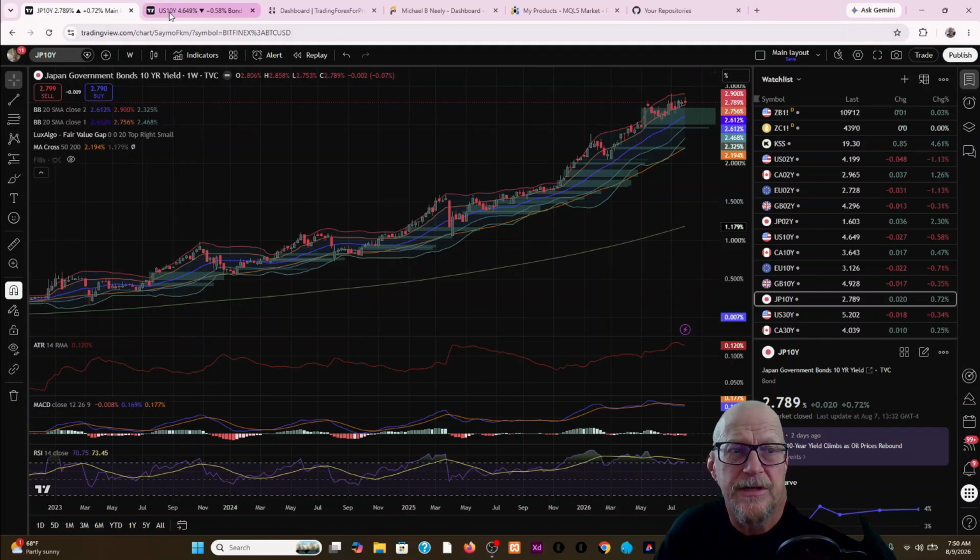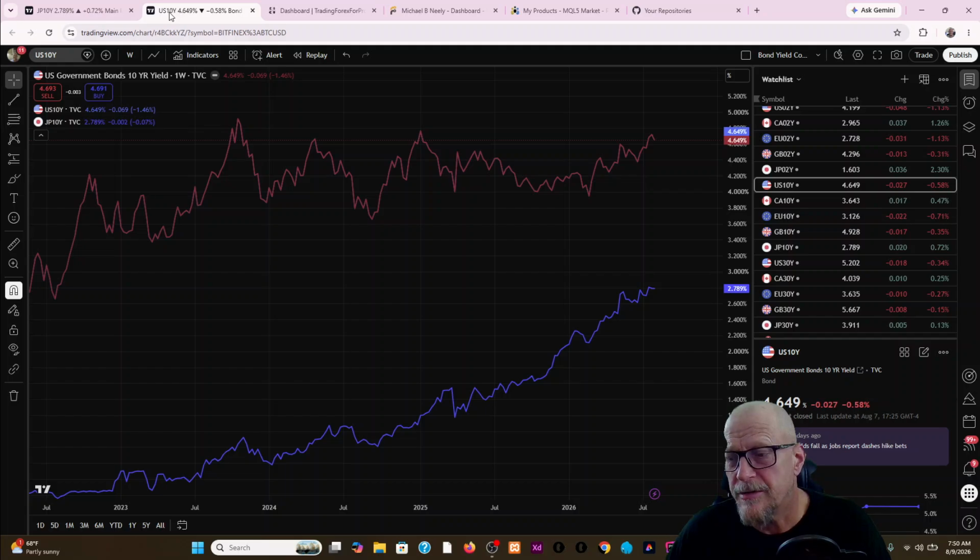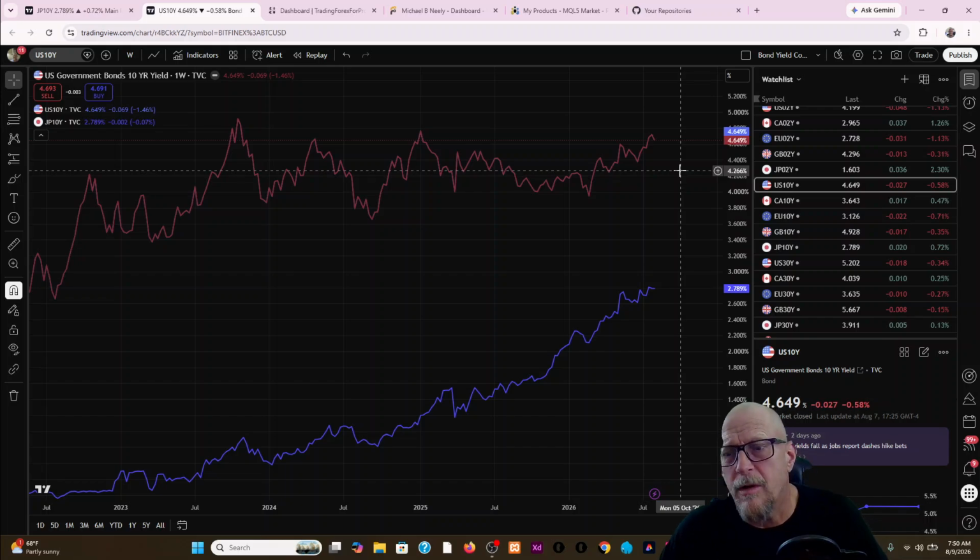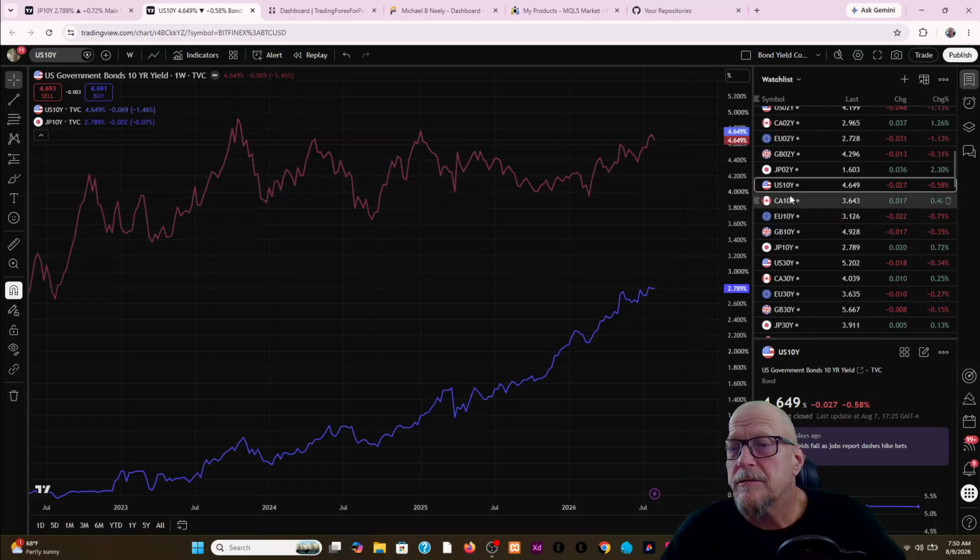As a matter of fact, let's look at the yen carry trade right here. We have the US 10 and the Japanese 10 on the same chart. They are going up and they're getting closer and closer, but the yen carry trade is not breaking down yet. Corporations, people with a lot of money, can still earn 1.9% just by sitting on their hands and doing nothing. They can take their yen, convert it to dollars, and do some little magic there. Or you can trade the dollar versus the yen.